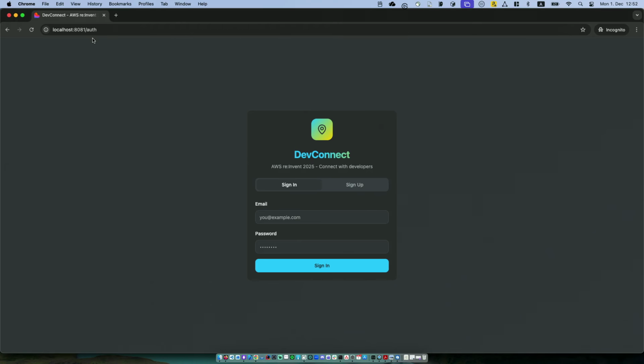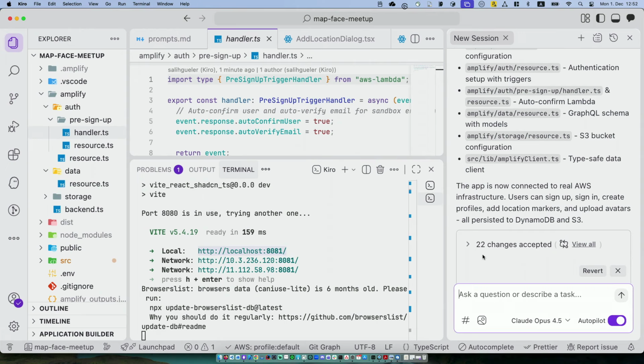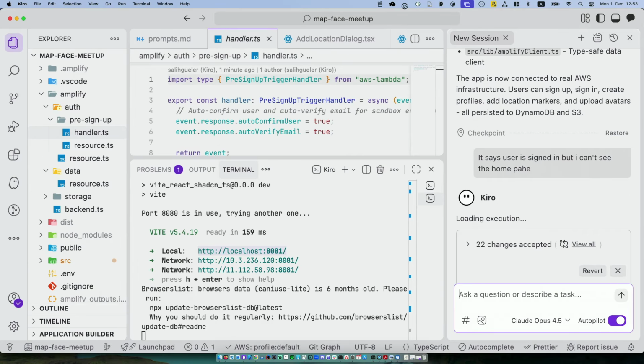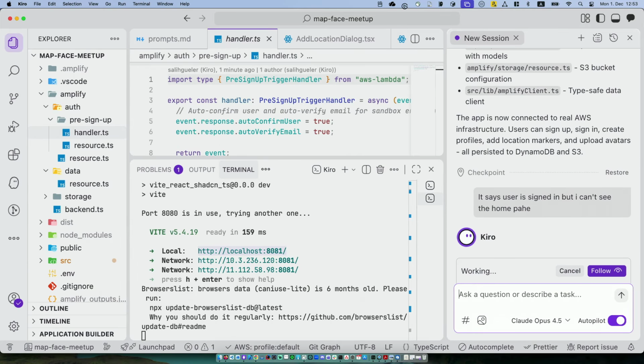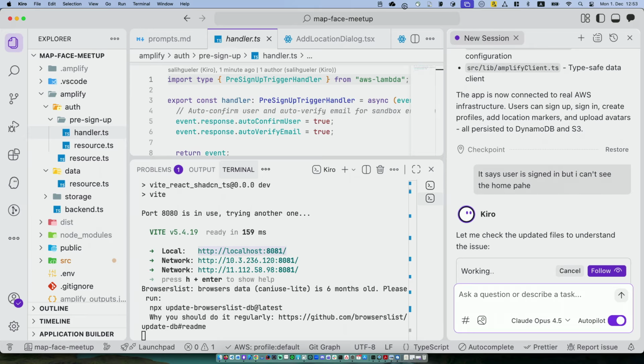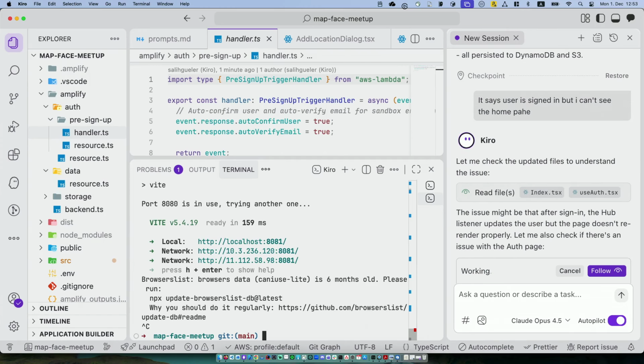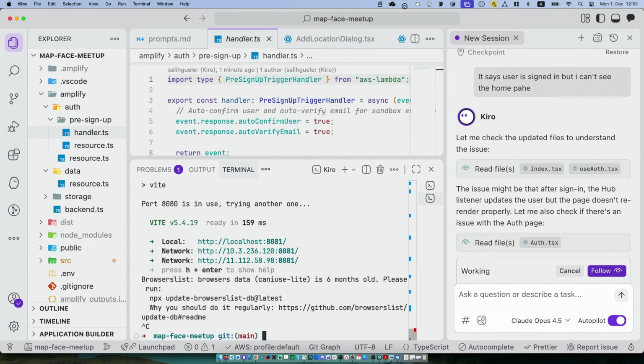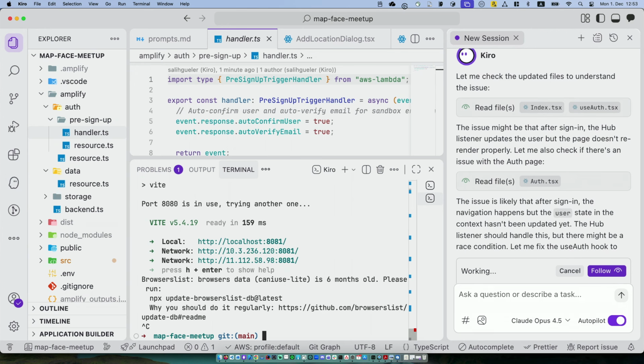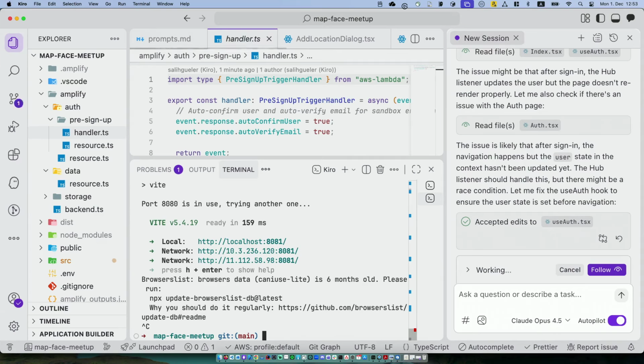There's already a signed-in user, I know. Let me in. No. All right, let's do one more round and we will be good. Let's see if we can see the problem and fix it immediately. So right now what it does is it actually confirms the user and everything, but it is not allowing me to move forward with it. So the issue might be around after signing in and so on. So I just check the auth flow, the auth component, and once within directly.